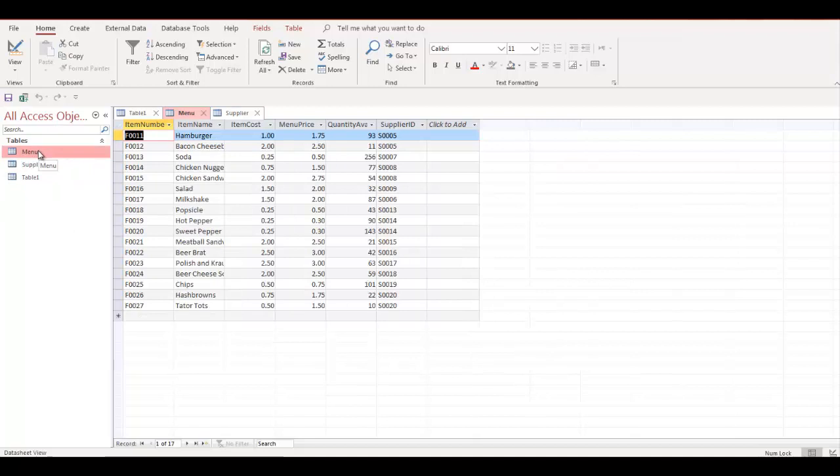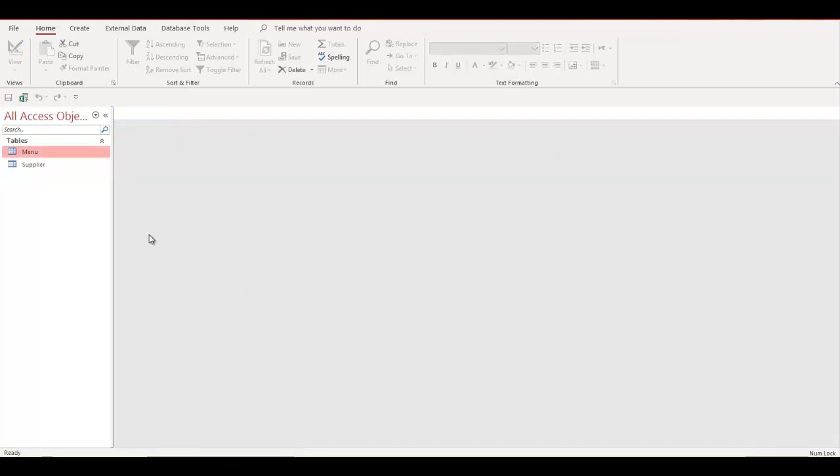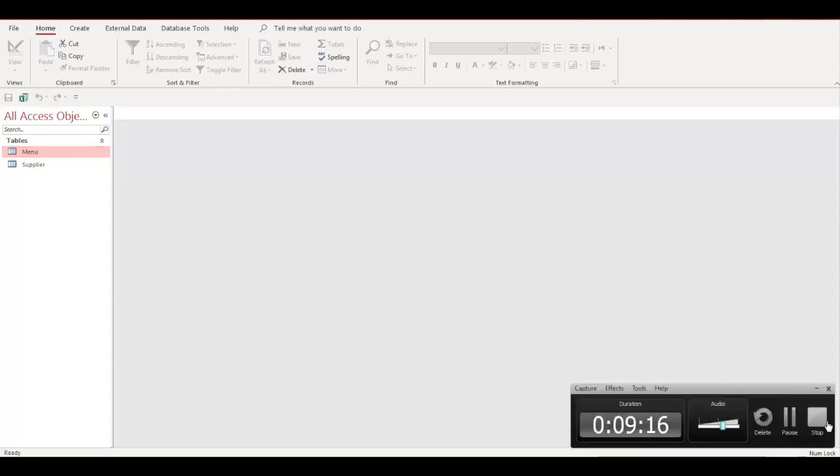When you are done and want to close that particular object, you click this exit. Don't close the main window. The main window is right here for Access. If you click exit there, the whole thing will be closed. So don't click the whole thing, just close one object at a time. And I'll continue with the next